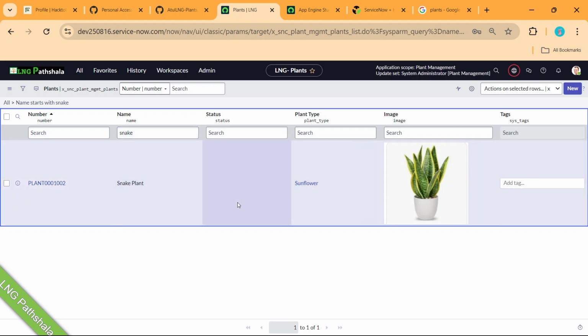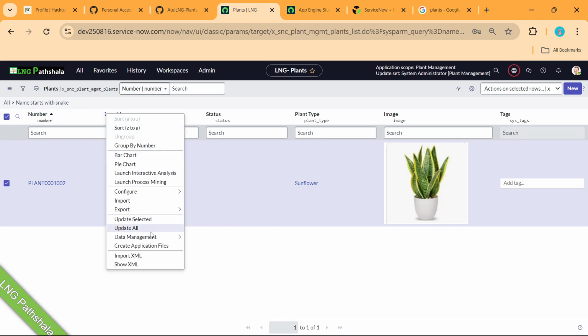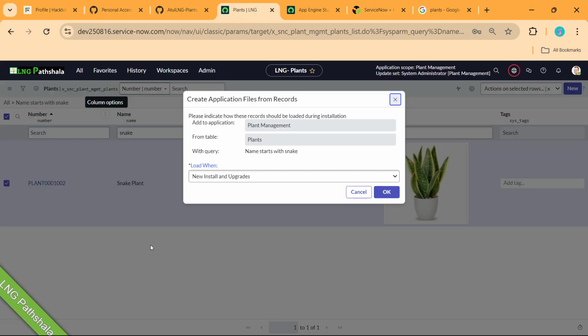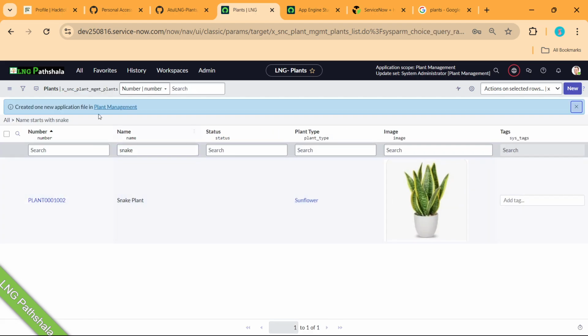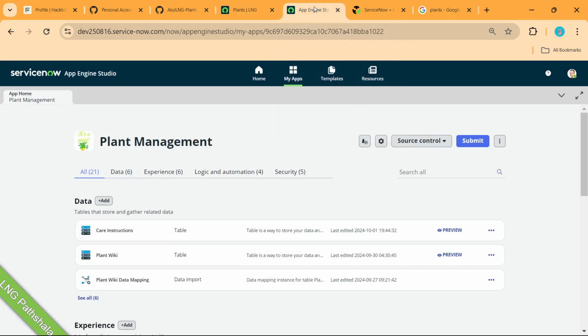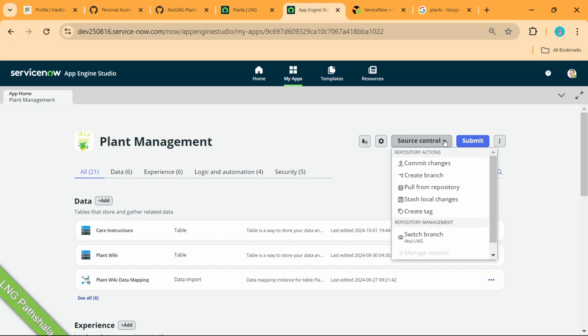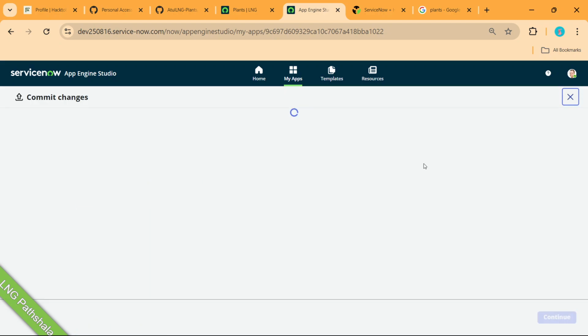This is what we just created, right? Take this, go here and create application file. Always use new install and upgrades because this is what is mentioned in the contribute MD as well. Click OK. Done. Now go to App Engine Studio and Source Control, Commit Changes.